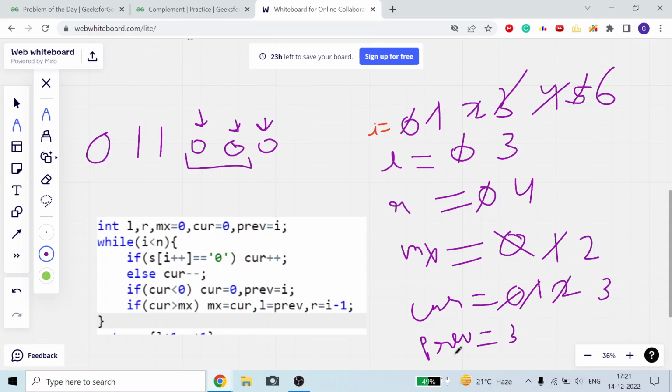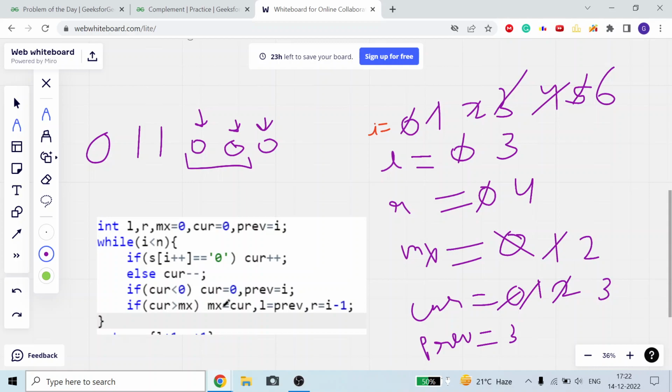Okay, it means if I take the complement, then more 1s will become 0 as compared to the 0s that will convert to 1. So it is not beneficial for me to take this particular range. Okay, so this is what we are going to do, and when we have found a particular range like we found here, we will initialize curve with 0. This is just like Kadane's algorithm.